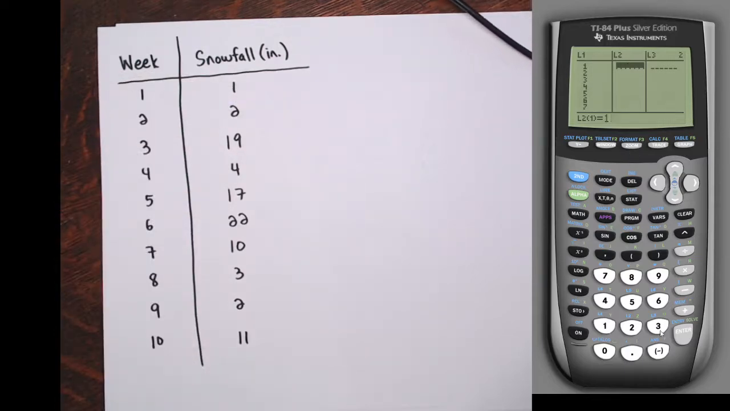So first week 1 inch, second week 2 inches, third week 19 inches, fourth week 4 inches, fifth week 17 inches, then 22, 10, 3, 2, and 11. Alright. So I've got my 10 rows entered, both lists. Then I get out of here, or quit,